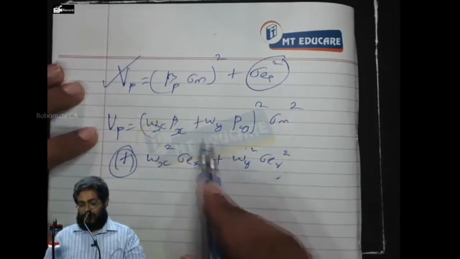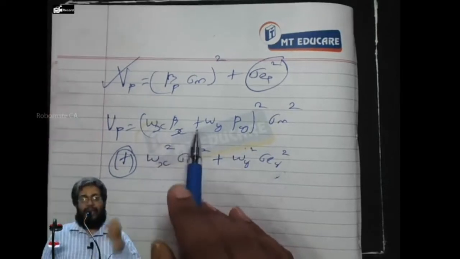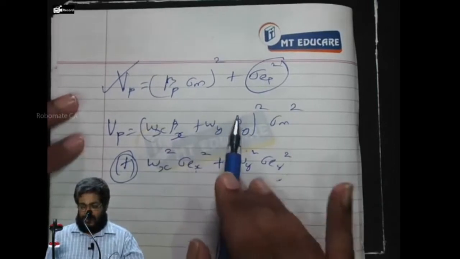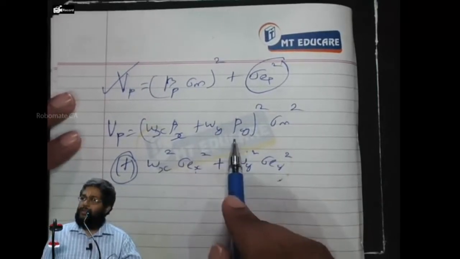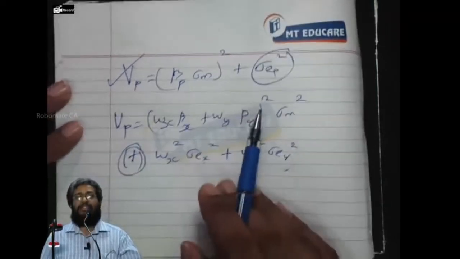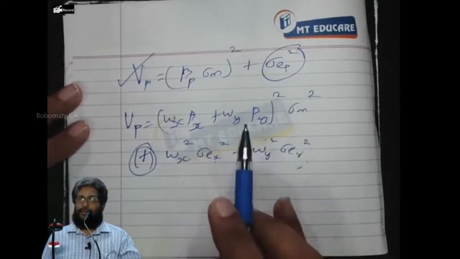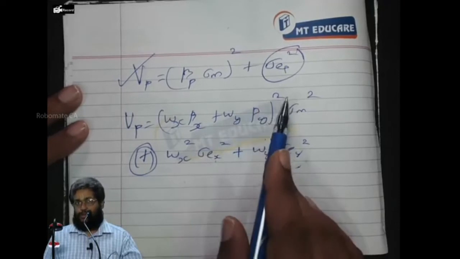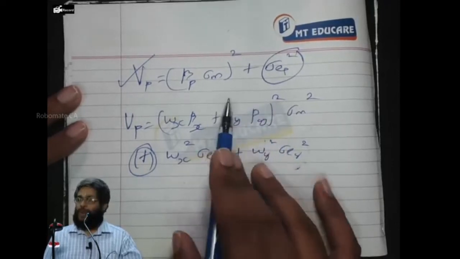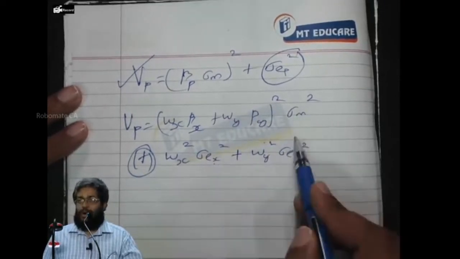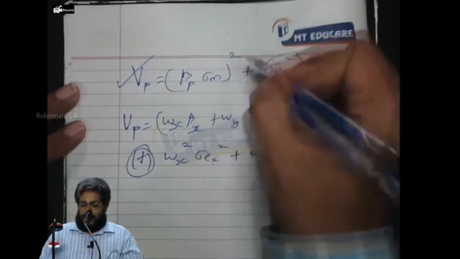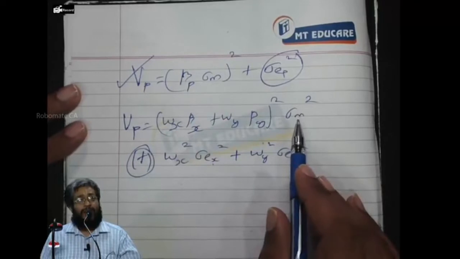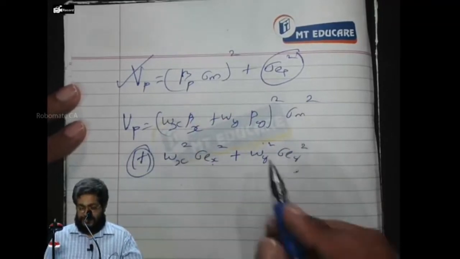So variance of portfolio is equal to WX beta X plus WY beta Y, the whole square, into sigma M square. This whole term will be called the systematic risk of the portfolio, plus